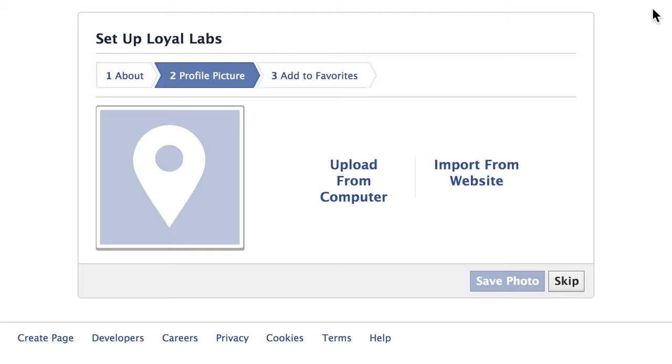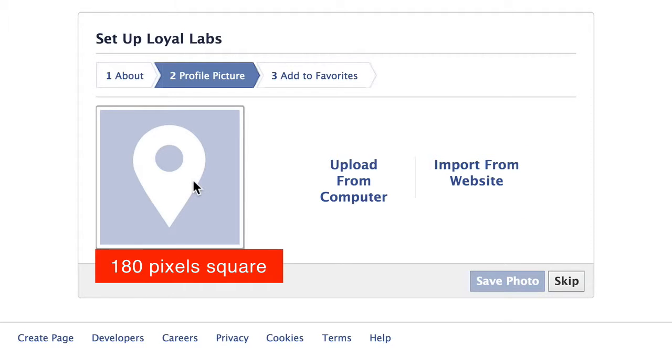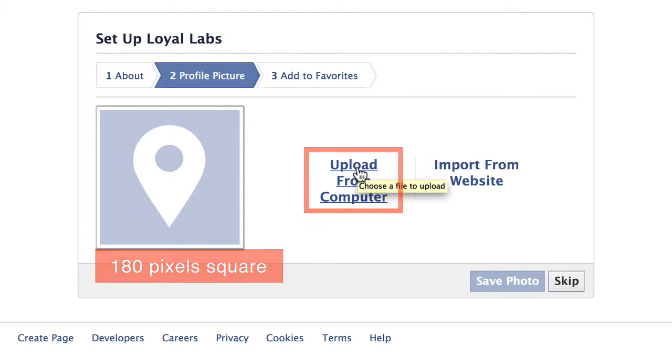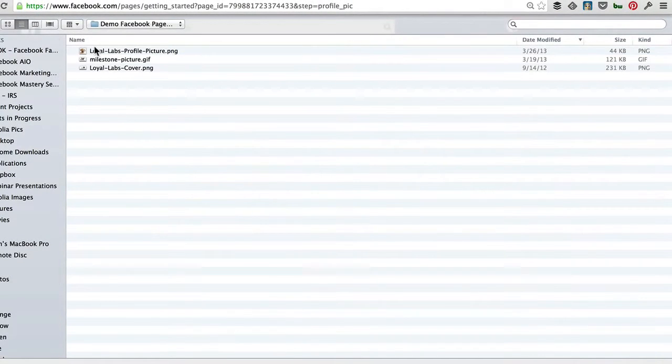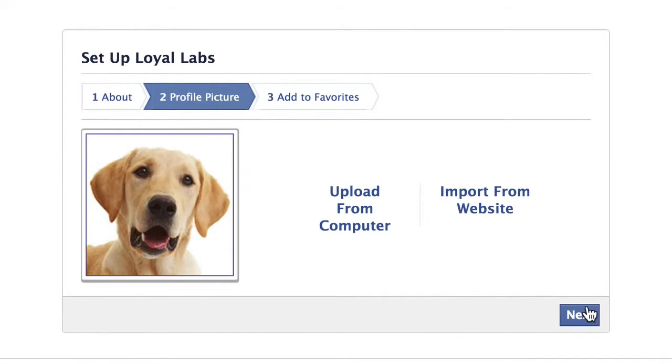So Facebook gives us two options, upload from the computer or import from our website. Don't waste your time importing from your website because there's really not an image on your website that's perfectly suited for this. It's a profile image on Facebook, create an image specifically for that, and then upload it from your computer. So I'm going to click on Upload, I select the profile picture, I click Next,